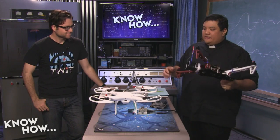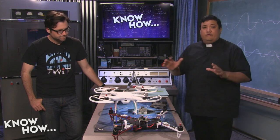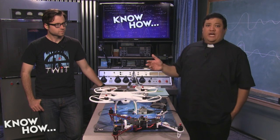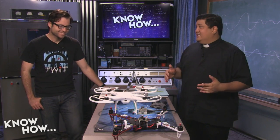So that's how you tune it. You want to tune your quadcopter, because the better you tune it, the better it's going to fly. Now, you always hear people saying, what are your PI settings, or what are your PID? Can you share your PID with me? You can use that as a starting point, but you got to remember, your PID settings are going to